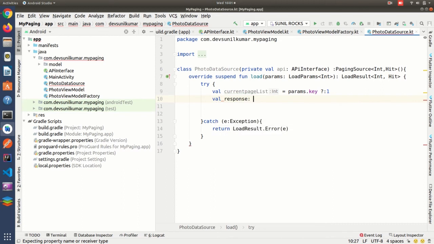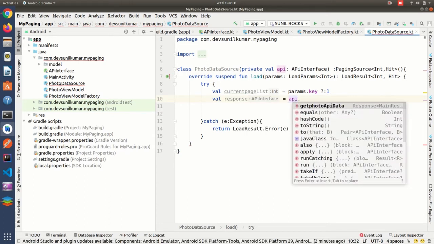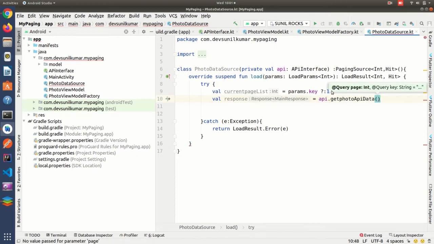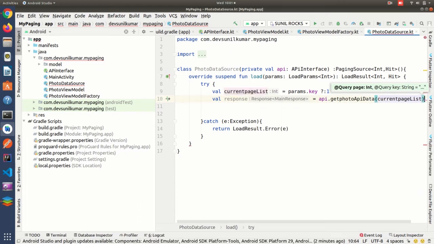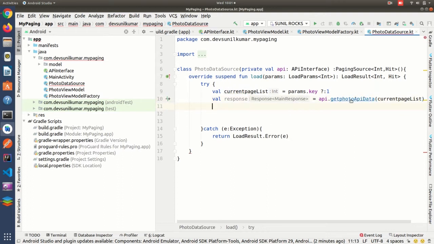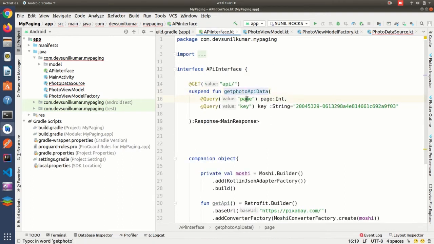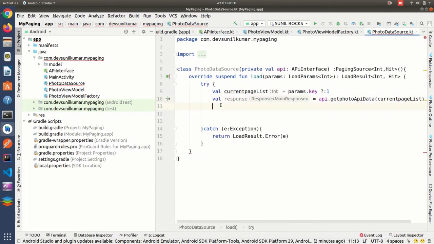And then the second one is response equal to API dot that function I am calling, which I have already written. In that I am passing this currentPageList. Okay, this function I have already called here, no? Here I am passing the page list, and another parameter I have already passed, so no need to pass the page list data source here. And then I am creating another one, that is data equal to